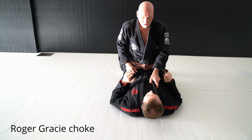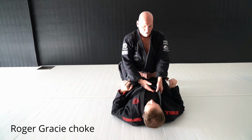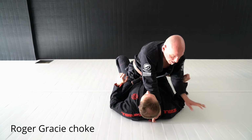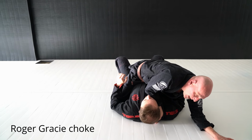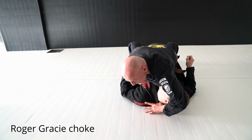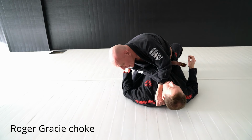A variation on this is the Hodger Gracie. I get my grip, pull in, shut. We get our basic position. We're posted on the side for safety. I can come around, but I'm going to move his head out of the way so I can insert my thumb in the collar, come around,